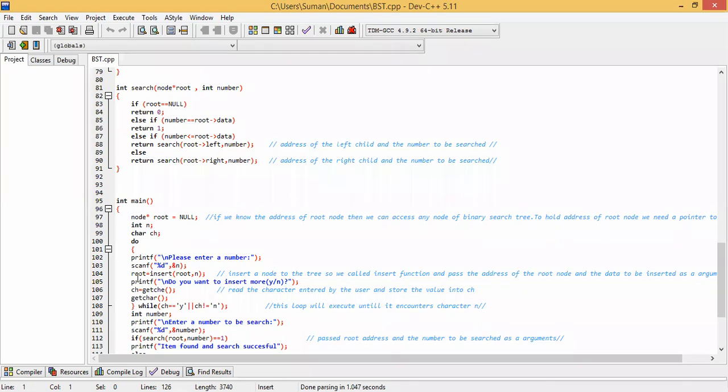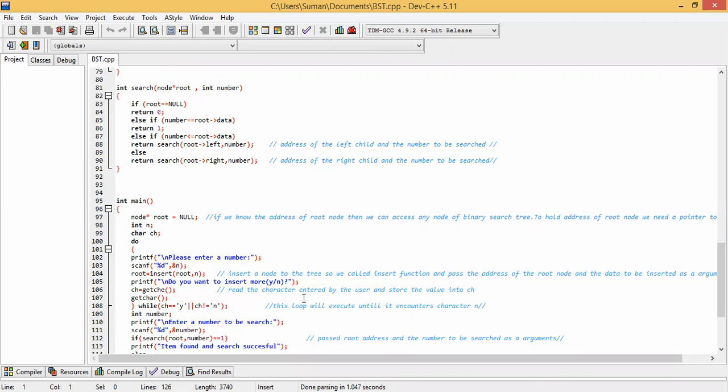So for that reason you have to put it into the do while condition. If we put it into the do while condition, then one by one we can insert the data. Here you can see we use ch equal to getche. What does this function do?